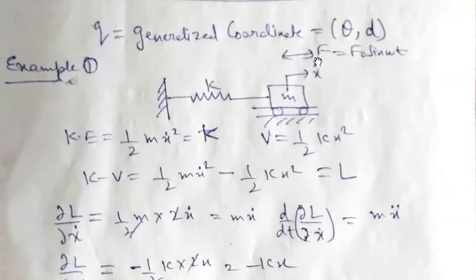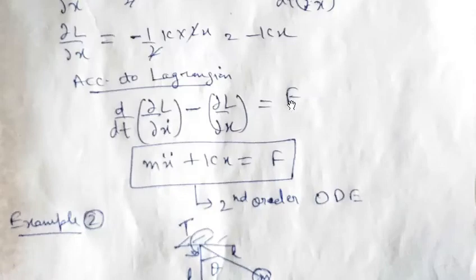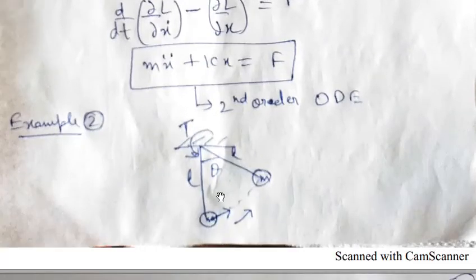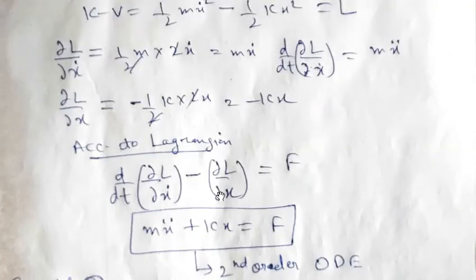Rectilinear motion means we have a periodic force F equal to F naught sin omega t, which is the applied force in this case. Substituting the value, that is m x double dot here, minus minus becomes plus, kx is equal to F. This is a very famous equation of motion, a second order ordinary differential equation, and it can be solved by any numerical method to determine the displacement, and basically this determines the behavior of a system on which the force is applied.